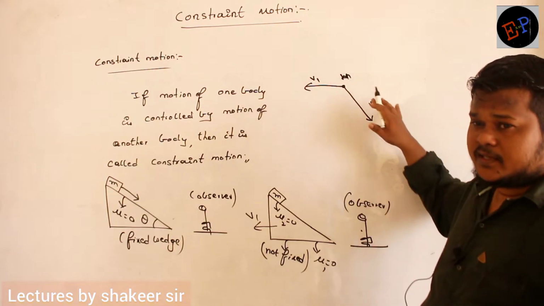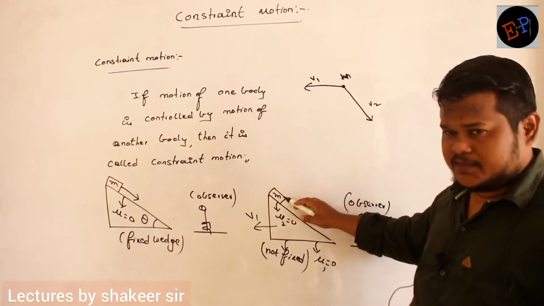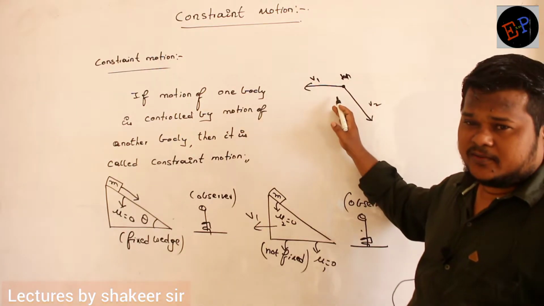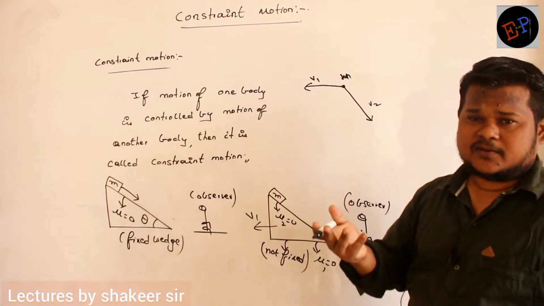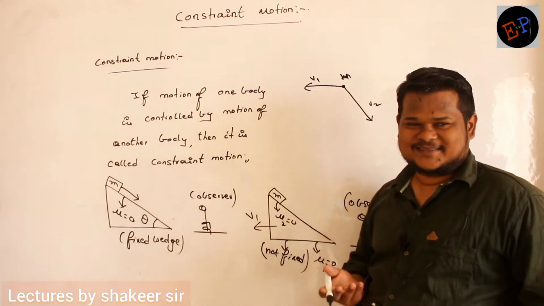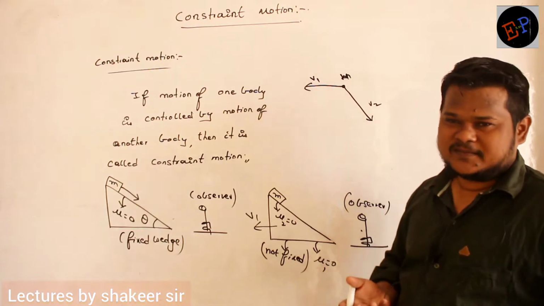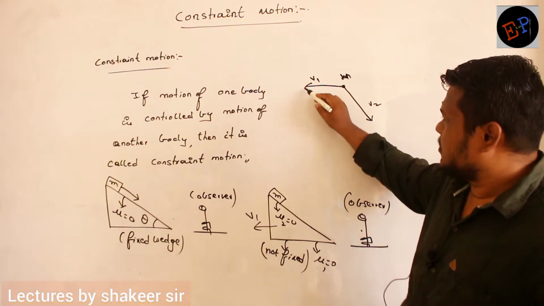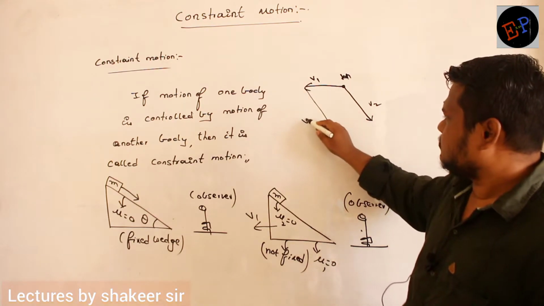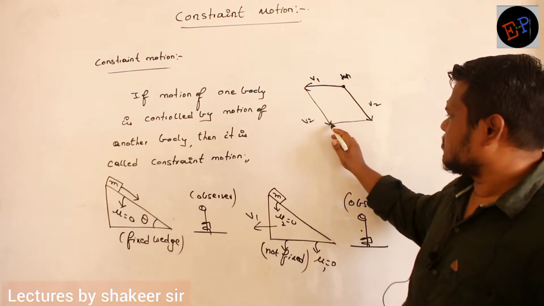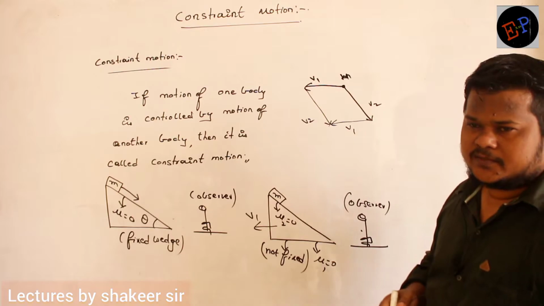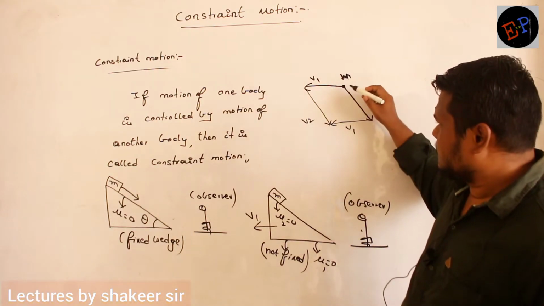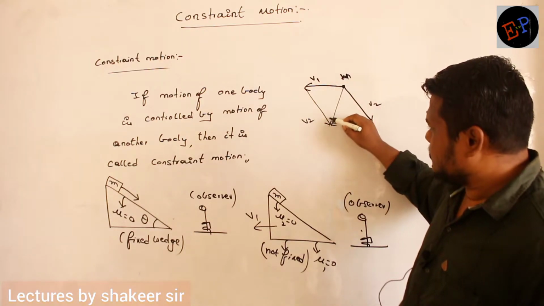Now what is the total net resultant velocity of this body? For this mass, what is the net resultant velocity? Two vectors are joined tail to tail, no? What kind of addition is this? Parallelogram rule of addition. So how can you apply the parallelogram rule of addition? First of all, duplicate the vectors. If this is v2, this is also v2. If this is v1, this is also v1. Vectors are joined tail to tail, then duplicate the vectors, construct a parallelogram, and draw the diagonal from the point where the tails are joined. So this is my resultant.